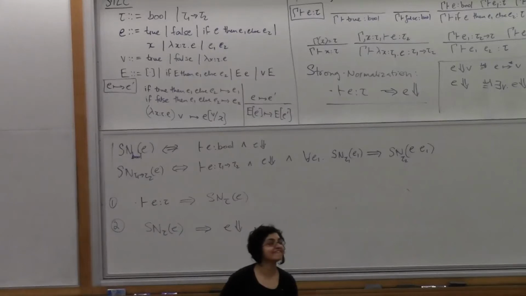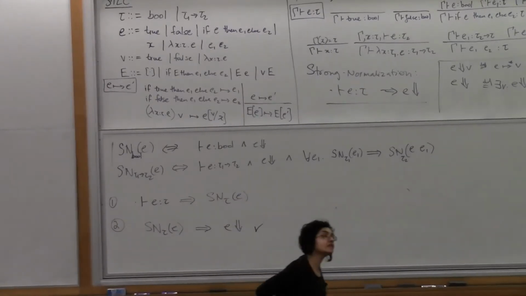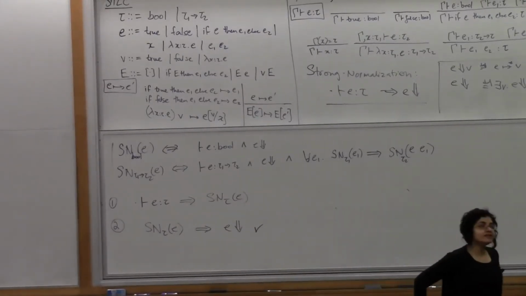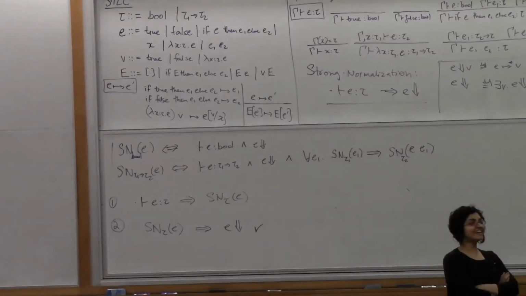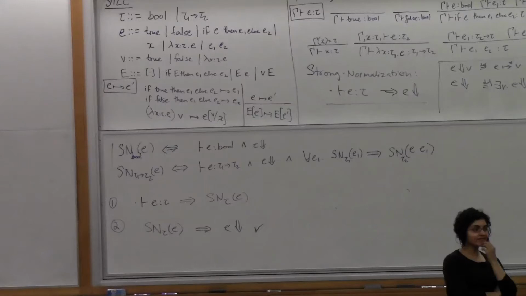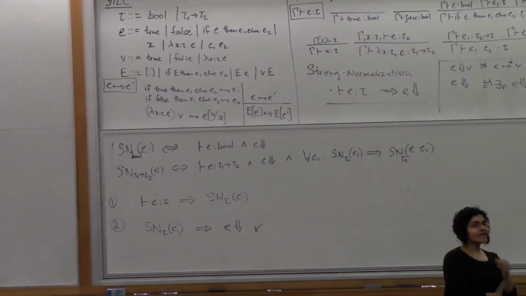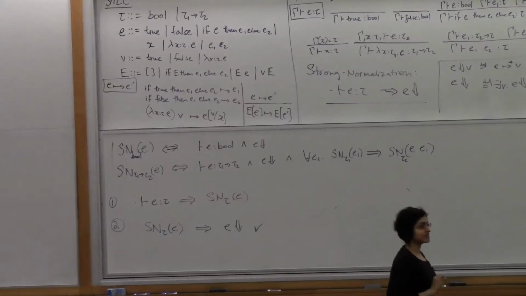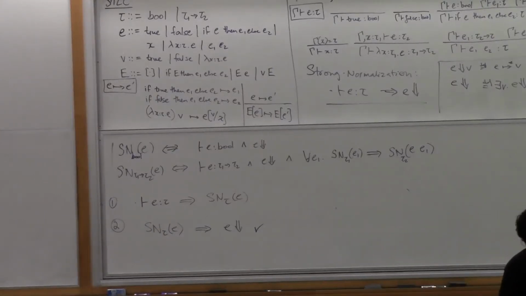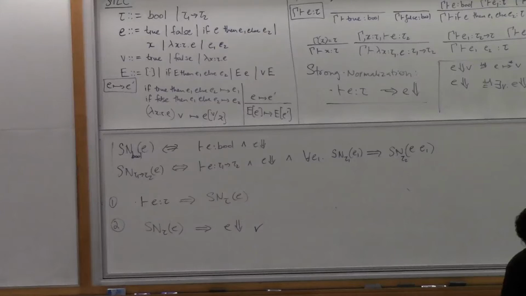Yeah? What part of what you're doing is in the semantical part, and what part is in the proof? Because you defined this Sn and you said, well, this is the condition. Are those semantical conditions? In what sense are you using it? I mean, you wanted it to mean something, but then you said, well,